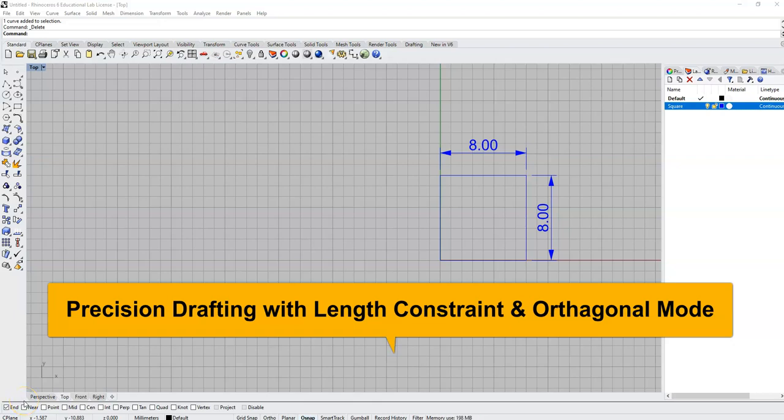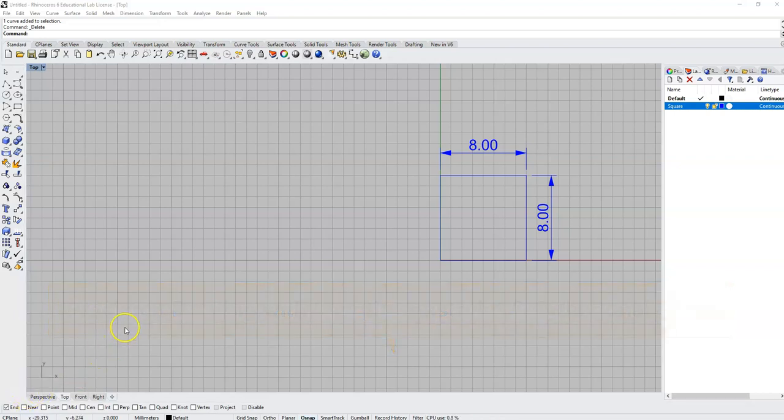We are going to do precision drafting, which is making things the size we want them, the exact size we want them, using length constraint and orthogonal mode angle constraint. So that just is fancy words for making lines the length we want them to be and going in the exact direction we want them to go. So again, we are going to make a square of unit length 8, and we are going to use the